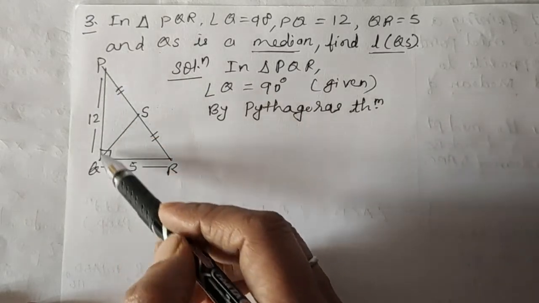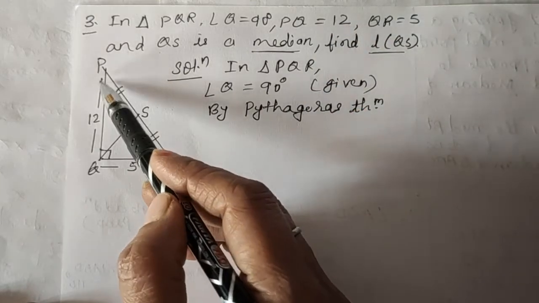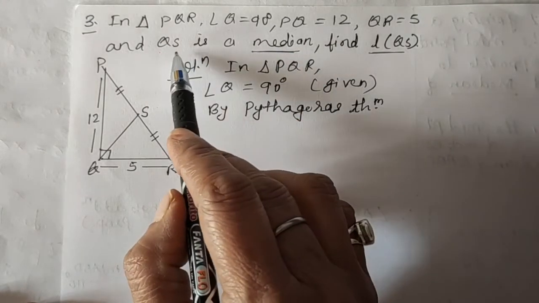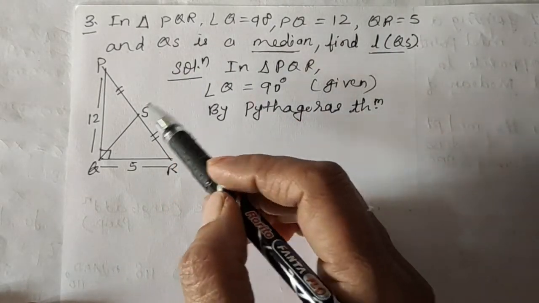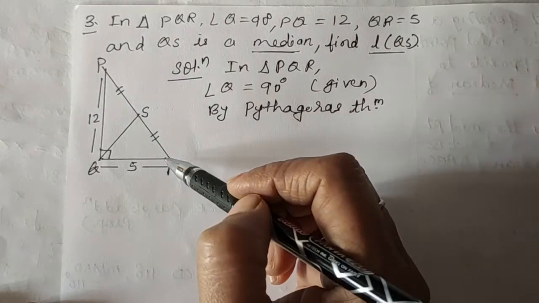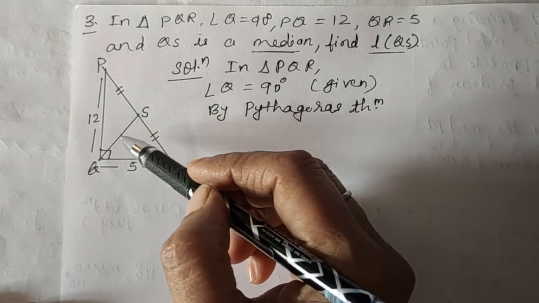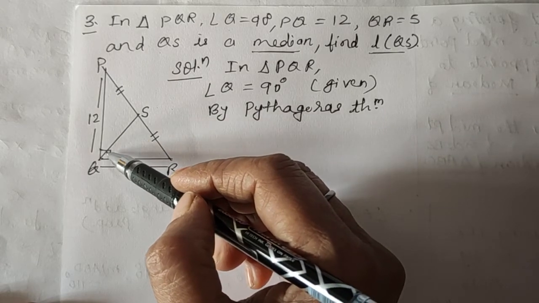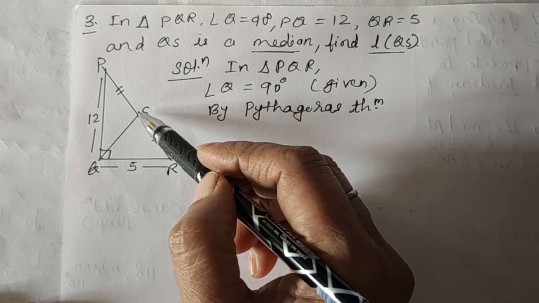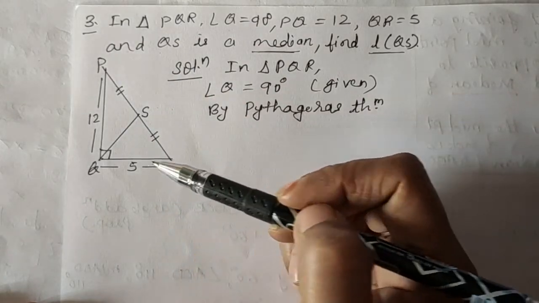Here I have drawn one right angle triangle PQR. Here PQ is given as 12, so this is PQ 12, QR as 5, so this is QR. And as you have to find QS, a median, let's draw the QS median, which is drawn on the hypotenuse. You can see here. Now you know, as QS is the median, we always draw it to the midpoint of the side opposite to it. So S is the midpoint. As S is the midpoint, these two sides are equal, you know.